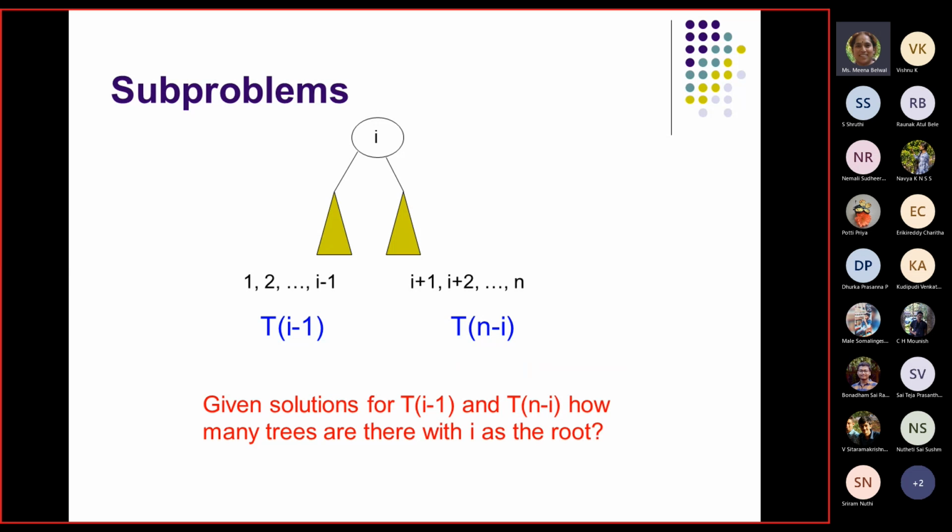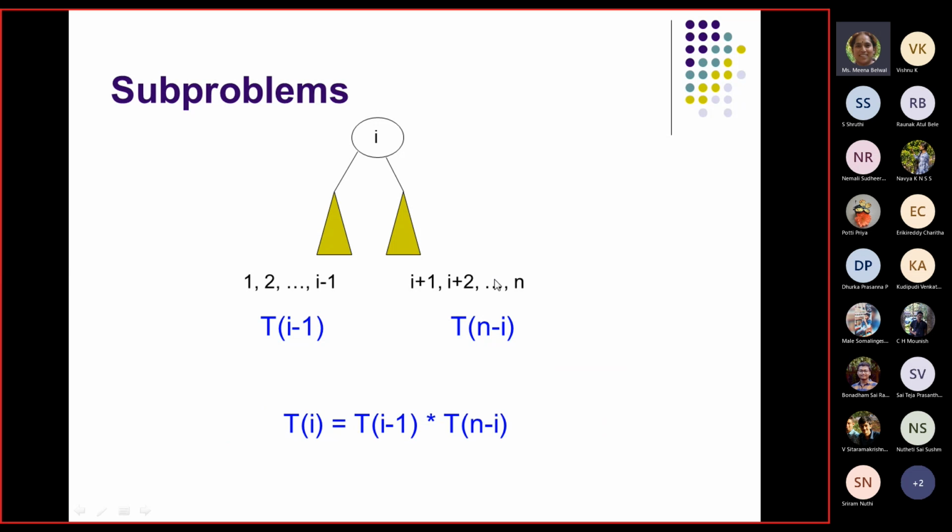Now, to understand this: generally, according to the formula and our understanding, the total number of solutions with I as the root should be the number of trees to the left, the number of combinations, and the number of trees towards the right, right, ma'am? Yes, it is all combinations. Now here, the left combination can be any one of them.